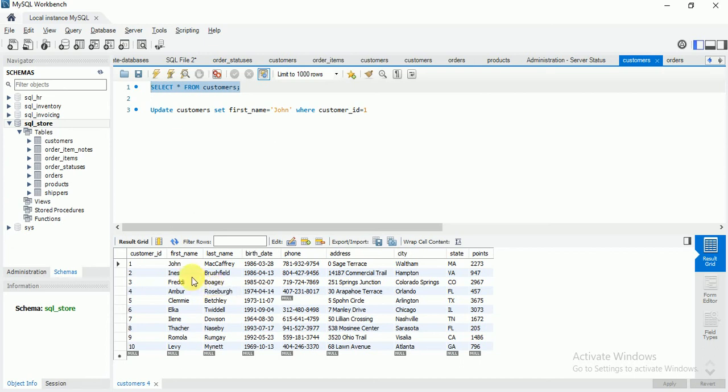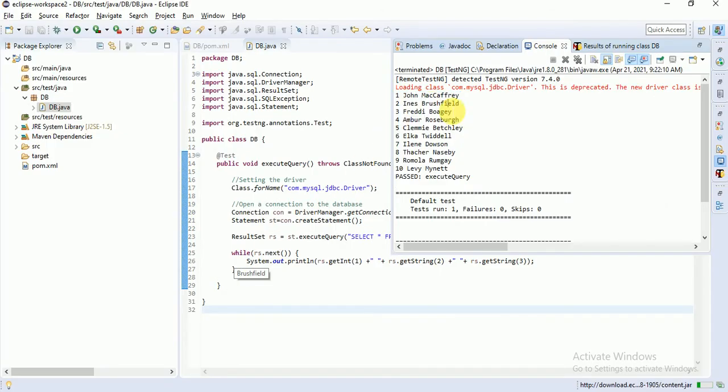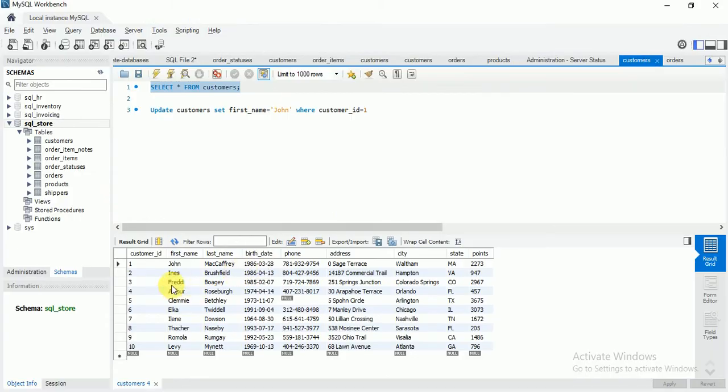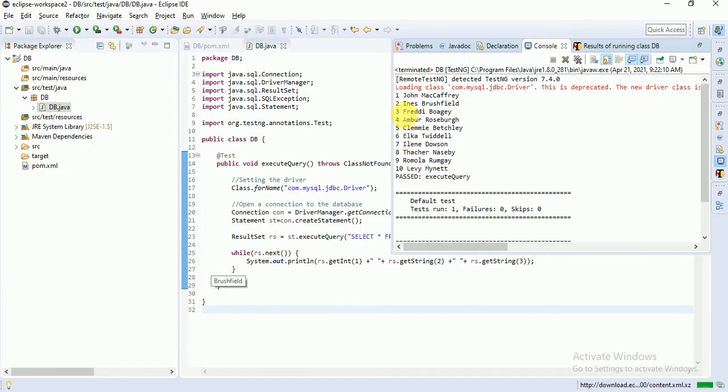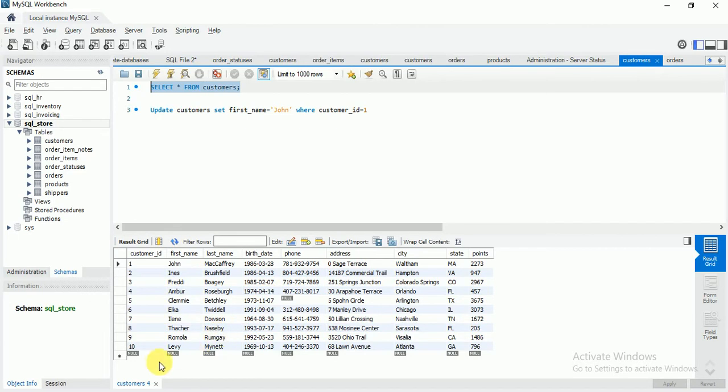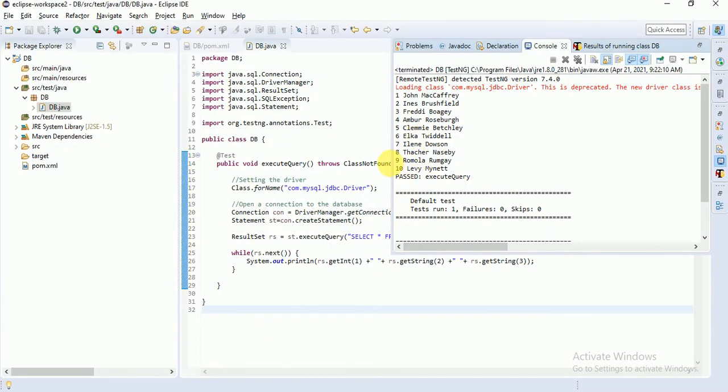First one is 1 John McFerry, second is 2 Brushfield, and the 10th one is Levy and Maynard. Like this, you can execute the query from the database connection.